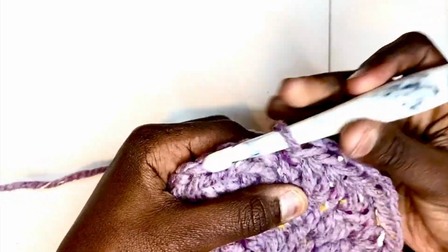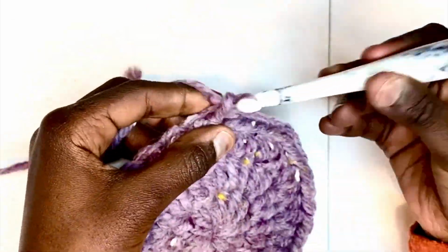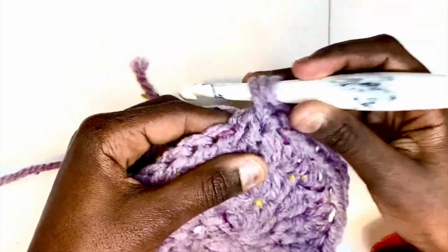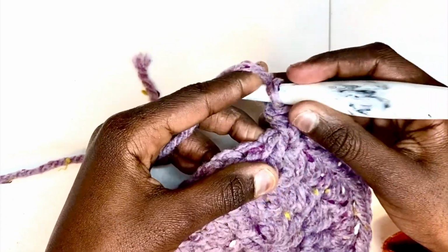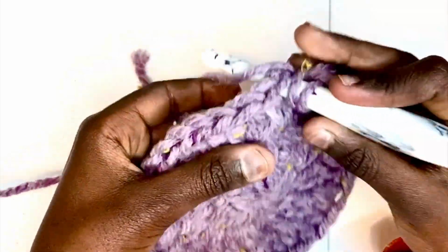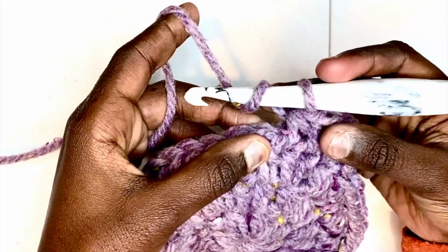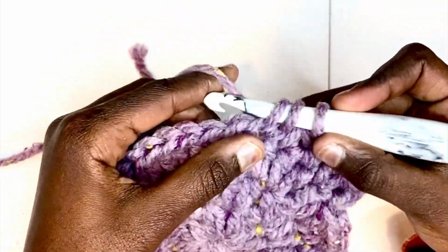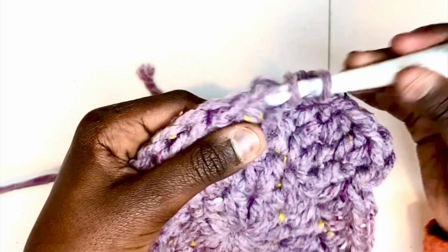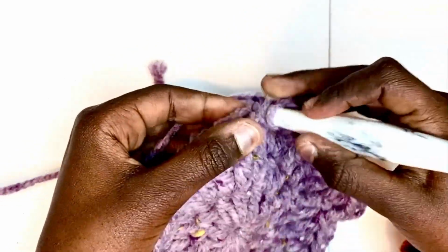Okay, I'm going to slip stitch the first stitch. I'm going to chain 1 and work 2 half double crochets in the first stitch, 2 in the second, so work 2 half double crochets in the first stitch, then 2 in the next stitch, 1 half double crochet in each of the next 2, 2 into the next,